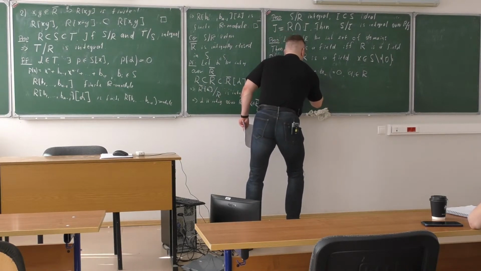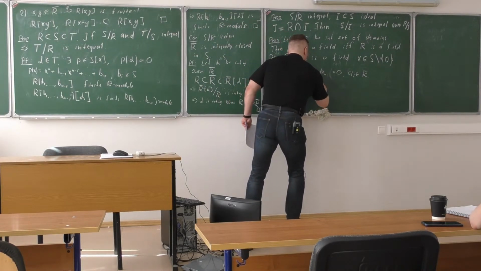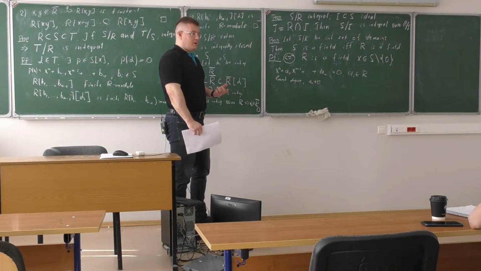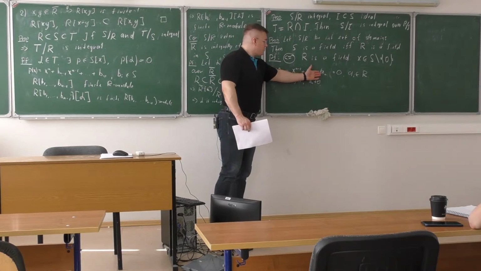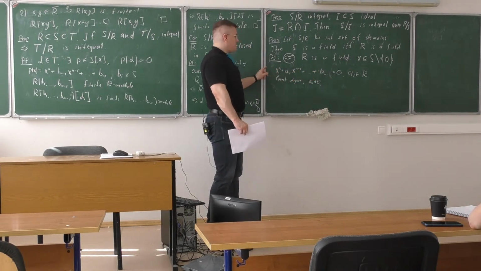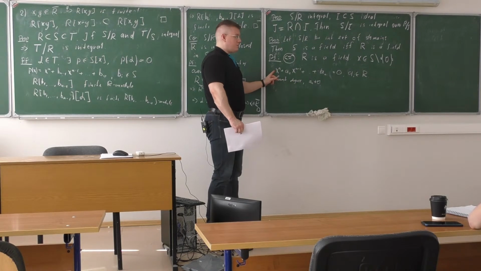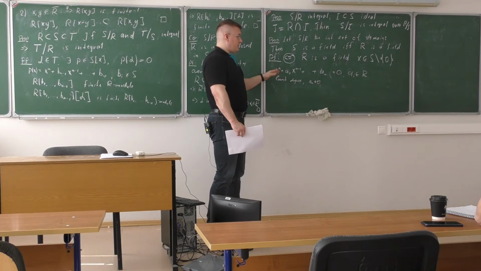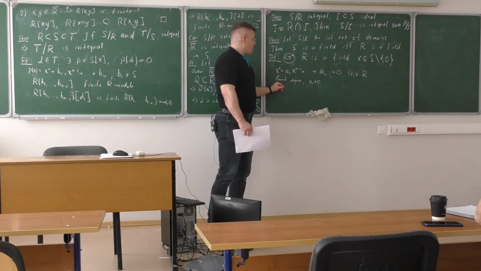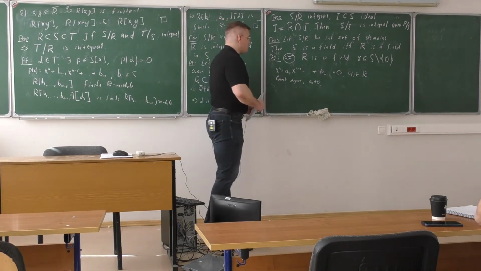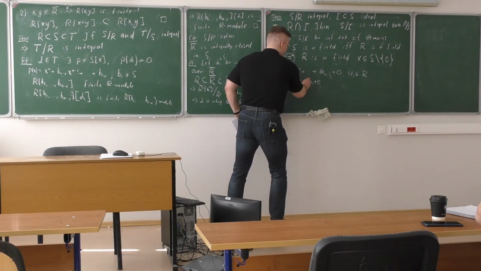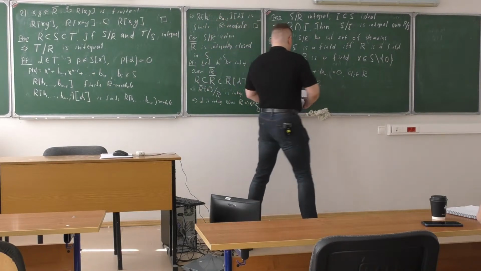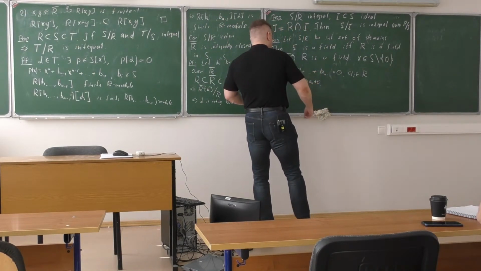I claim that an is not equal to 0. Well, what if this is equal to 0? Then there is no constant term, so I can factor this as x times a polynomial of the lower degree n minus 1. This is in a domain, so x is not equal to 0 and I can cancel this x. So this would be a contradiction with this condition. So this is the lowest degree, hence the constant term is not equal to 0. But then we're done with the existence of the inverse of x.